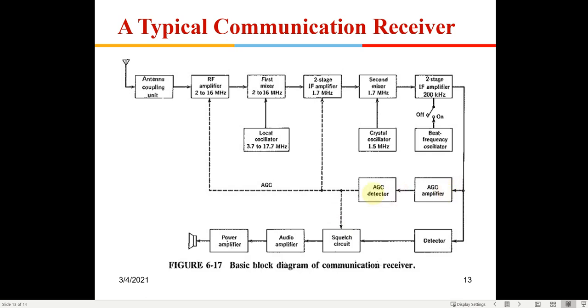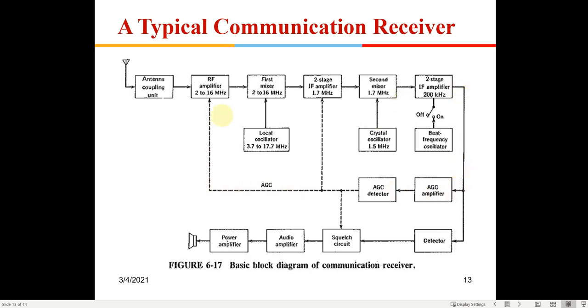Okay, now there are two more blocks given here, which is known as AGC. What an AGC does is, suppose you have an amplifier. Suppose you have a car stereo FM signal and you are moving in the car. Obviously the signal being received will not be constant. It will go up and down, up and down. The signal strength will vary. You don't want the audio signal to keep varying as per the strength of the signal, right? So you want to adjust the gain accordingly, so that whatever you are hearing is at a constant audio level.